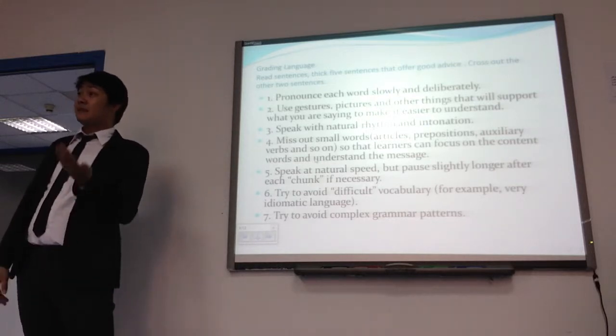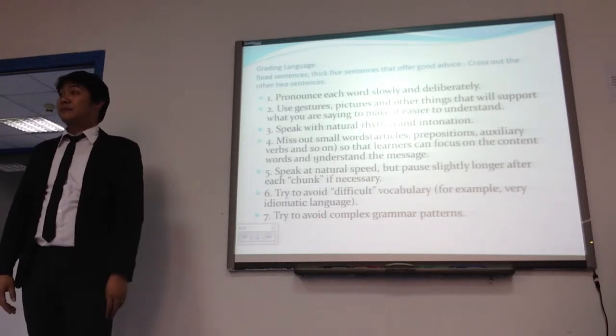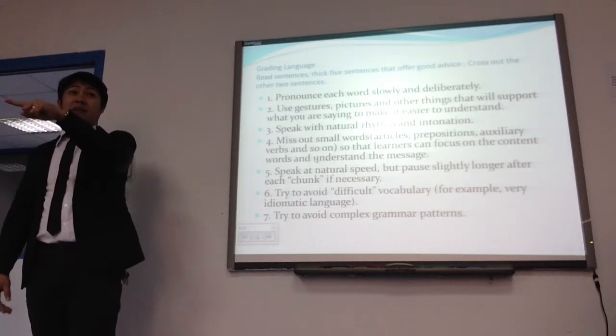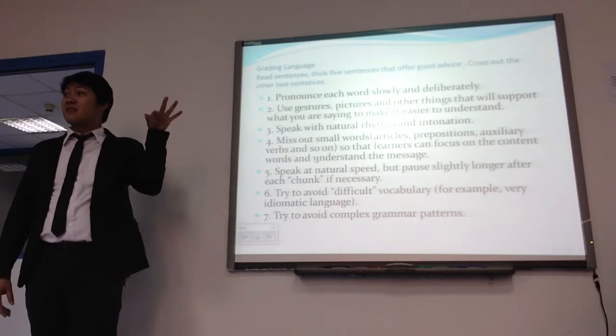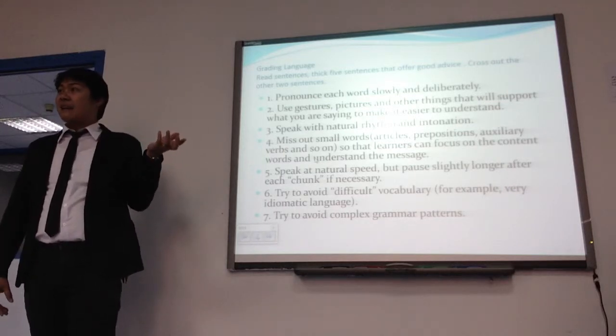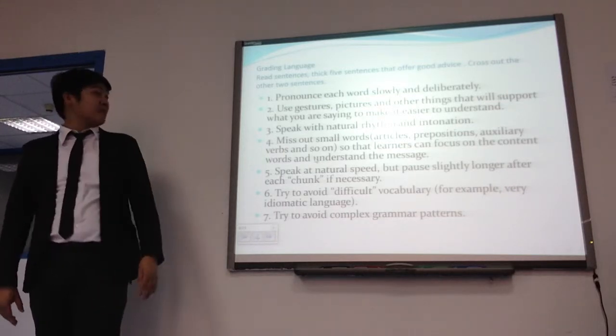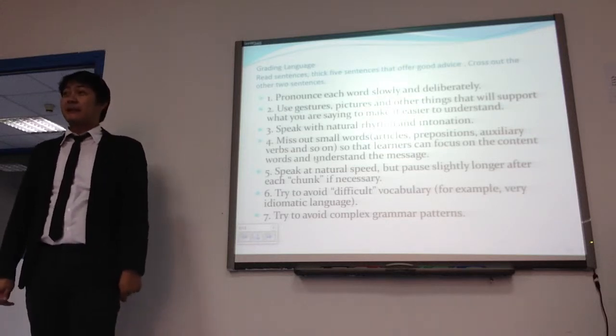Yeah, even in reading, sometimes we have to construct some grammar. Like for example, the skills in reading, we have skimming and scanning. So it's not really important for those auxiliaries, prepositions, right?